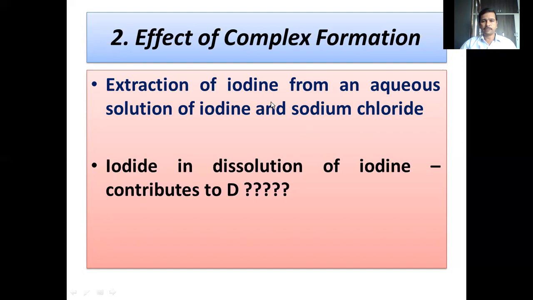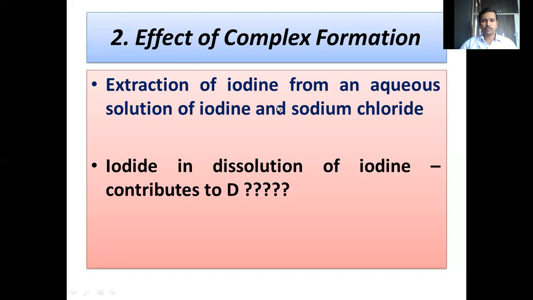The extraction of iodine. Iodine molecule can be extracted into carbon tetrachloride. And you have understood about the extraction of iodine into carbon tetrachloride in the presence of sodium chloride. If you take a mixture of iodine and sodium chloride, you can extract iodine into carbon tetrachloride. So here, in order to perform the extraction of iodine, we have to dissolve the sample in dilute solution of potassium iodide because iodine is insoluble in water. So you will use iodide for dissolution of iodine.